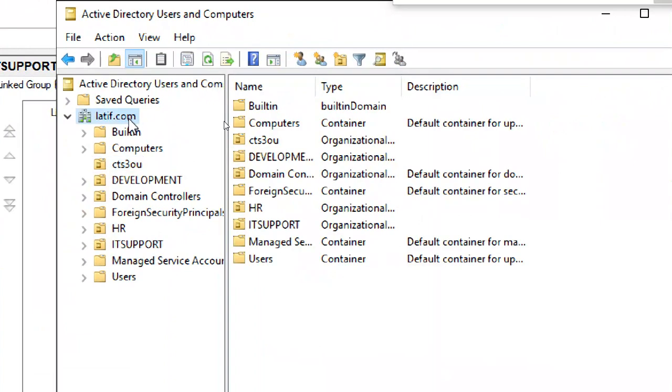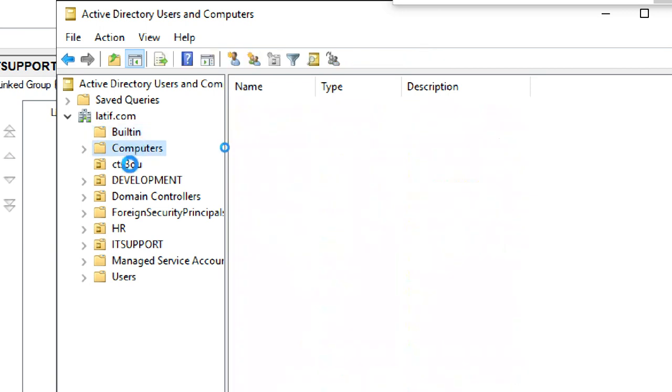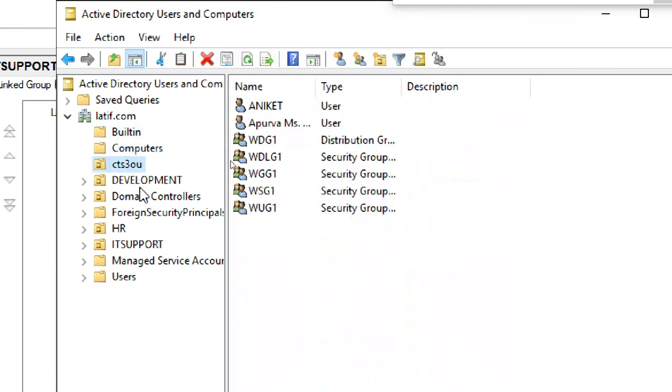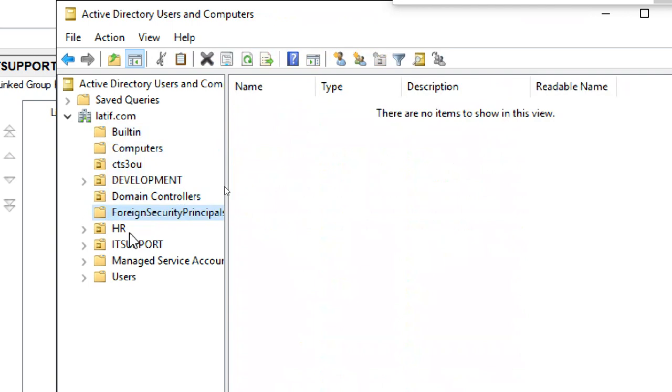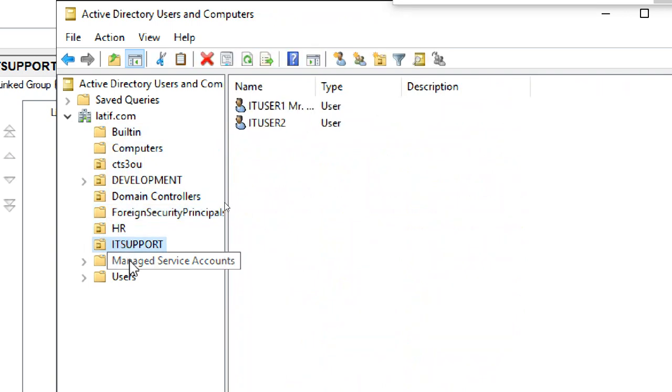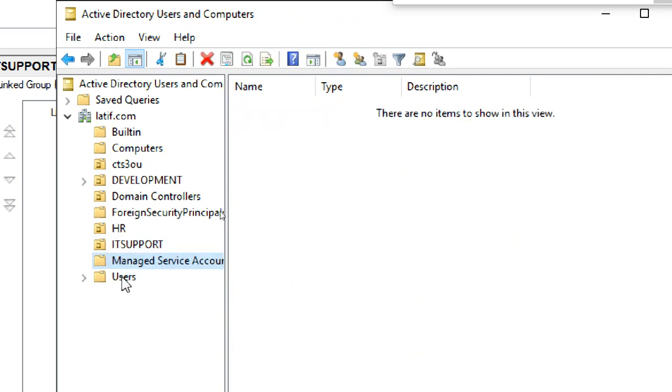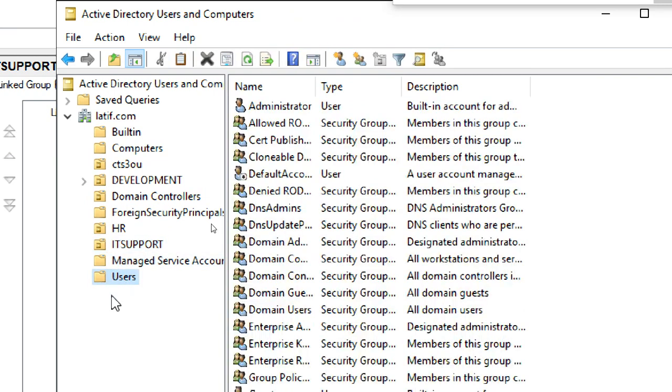You can see this is your domain: built-in, computers, CTS3 OU, development, domain controllers, foreign security principals, HR, IT, support, managed service accounts, users.